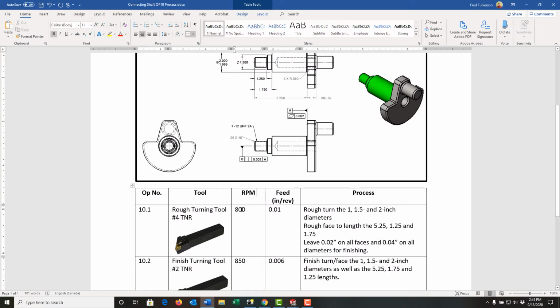I've shown the RPM under the RPM column as 800 revolutions per minute. I have the feed in inches per rev. If this were metric, I would do millimeters per rev. And I have my process where I describe the process. This tool will rough turn these diameters and rough face these lengths. It'll leave 20 thou on all faces, so that's here, here, here, and here. And 40 thou on all diameters, which is also a 20 thou radial cut on these 3 diameters for the